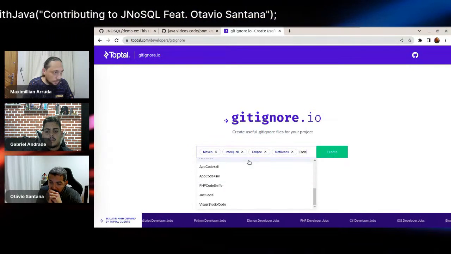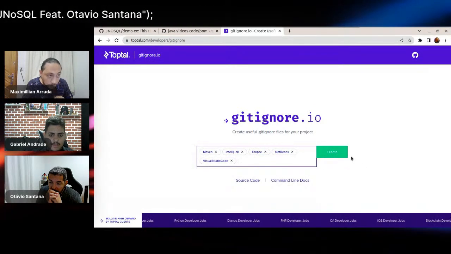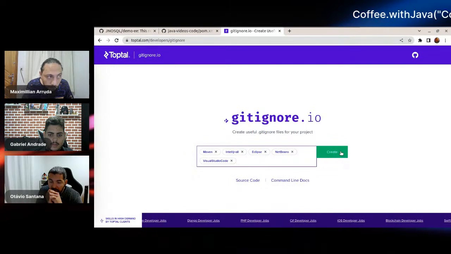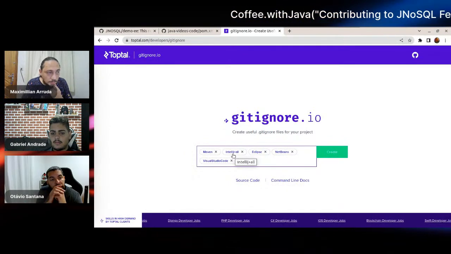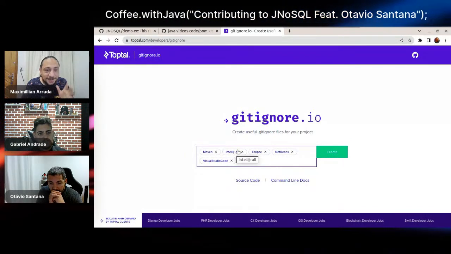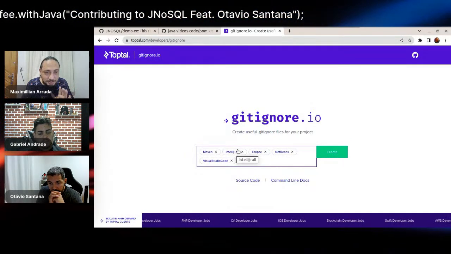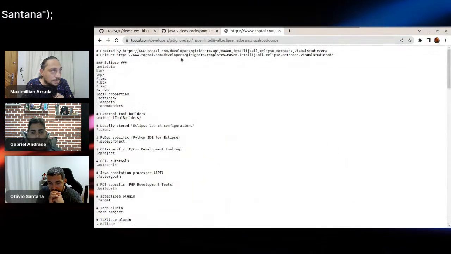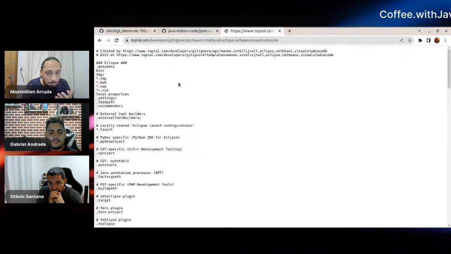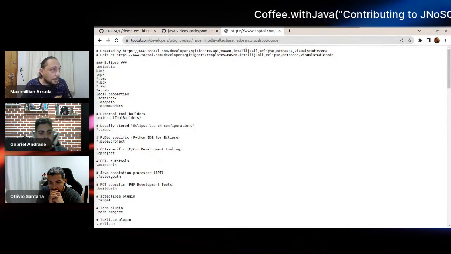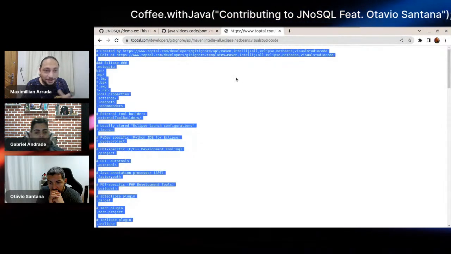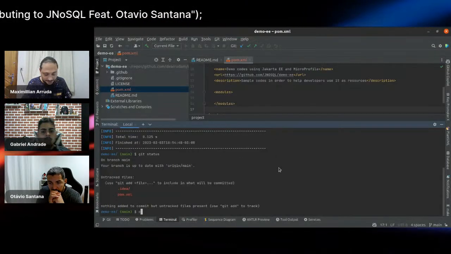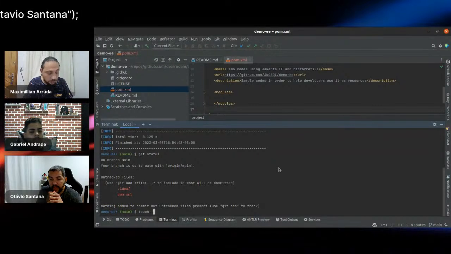Oh, Max, I have a question. Yes. Have IntelliJ plus all the others. Yeah, this one, let me generate the file and then we can discuss the generated information. I can do this right here and just copy and paste on the file, or I just use curl to generate the file. But I will do those things the easy way. So I will touch .gitignore.